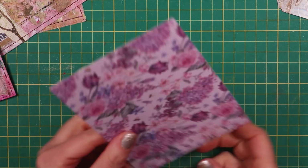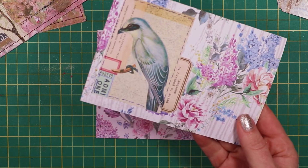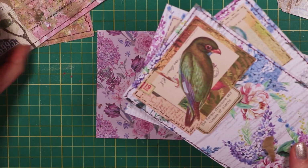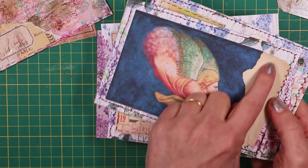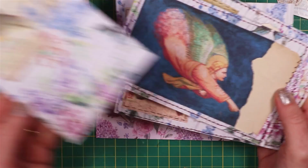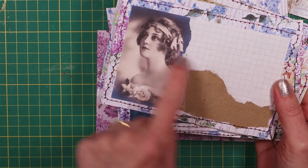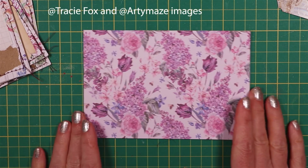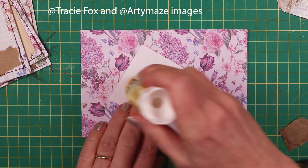On the back, I'm going to add a little bit more collage, so something on the left, but again, it's completely up to you what you want to include. I've been definitely having fun with these birds, but you could cover the whole thing. I think that works really nicely. That's a bit of the old music paper that was left over, and I've also enjoyed leaving a space for journaling and using a vintage lady. These work particularly well. So I'm going to take my bird and